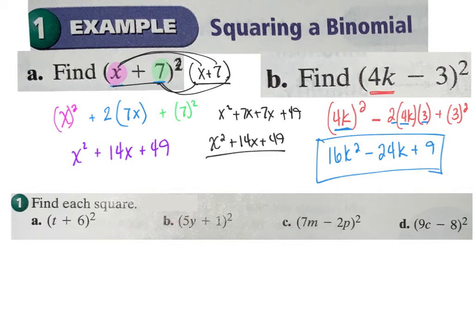So first one squared, multiply the 2 and double it, and then the last one squared. That is your shortcut for squaring a binomial. So go ahead and try these, finding the square of those 4 using